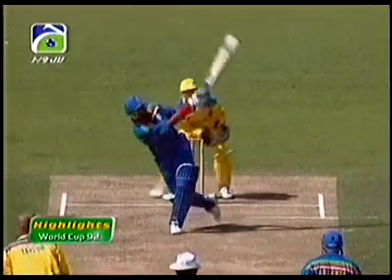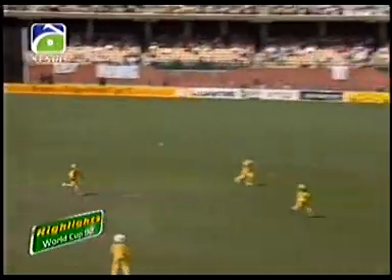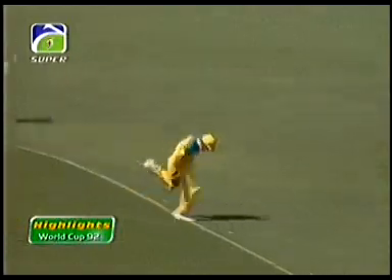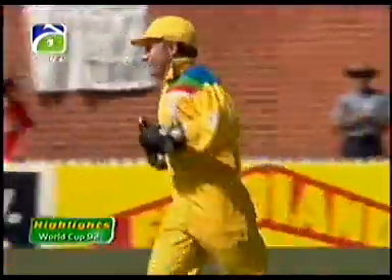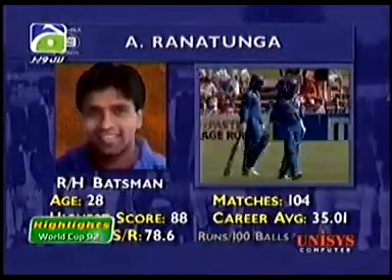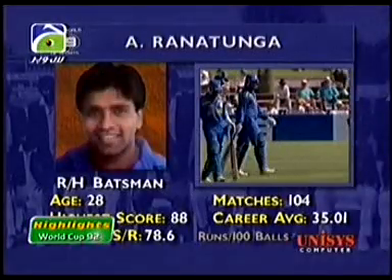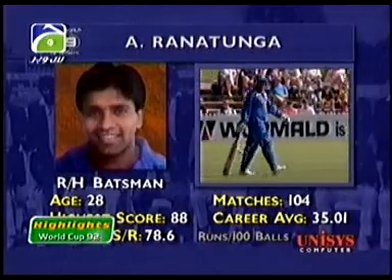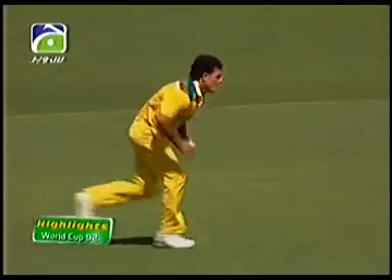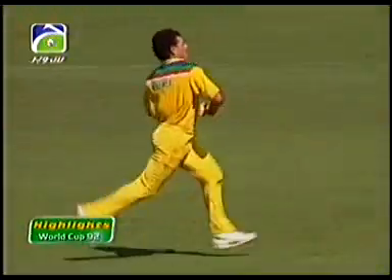That was a difficult catch for both Border and the man coming from behind square. Healy has called for it. He had to stretch over that last yard or so, but he got it. It is 3 for 72. Arjuna Ranatunga is the new batsman coming out to join his skipper. It used to be the other way around when Ranatunga was captain. Wah was given the new ball. 3 overs, he conceded 15 runs.